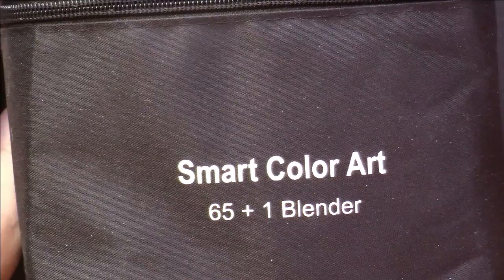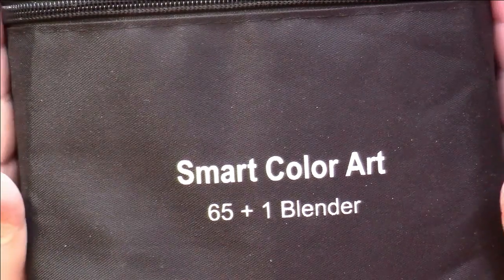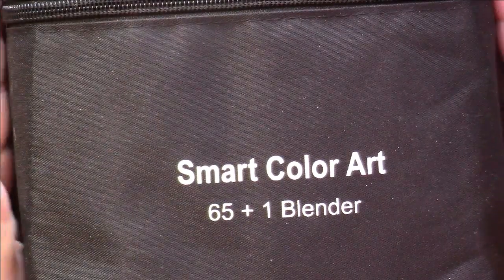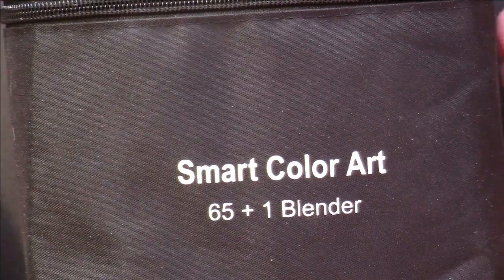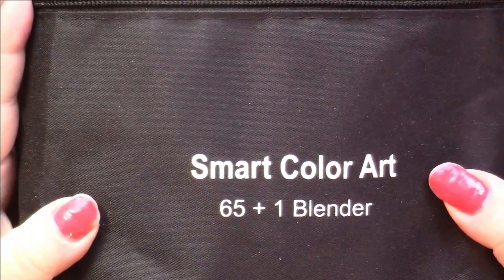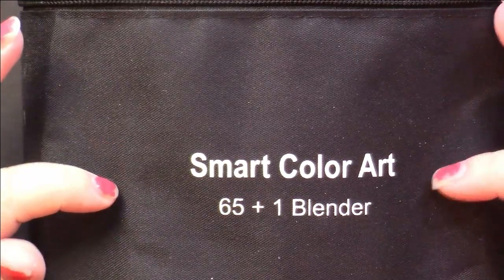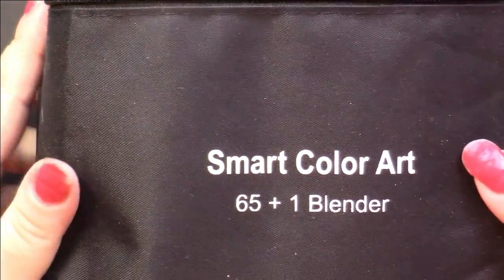So I searched and I ended up with this. I wanted at least 40 markers, hopefully more. So what I ended up with was 66 markers, and I've never actually seen a 60 set before. So these are called Smart Color Art. It comes in a 66 pack or a 65 plus a blender, and these work out to 70 cents Canadian,